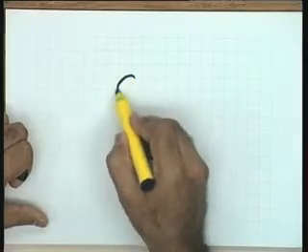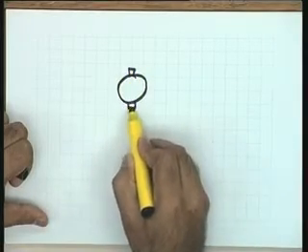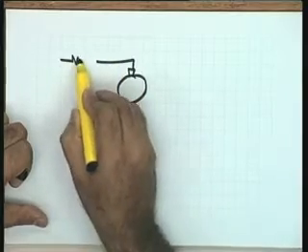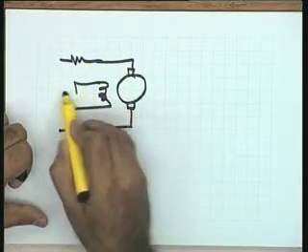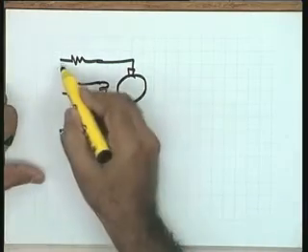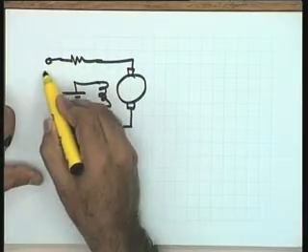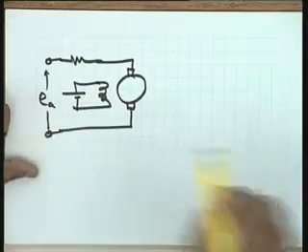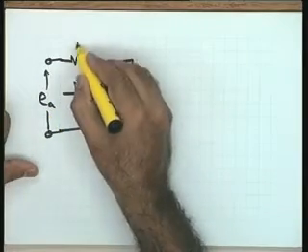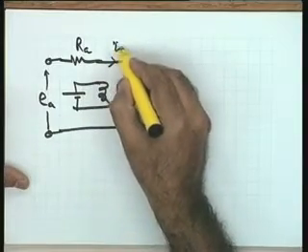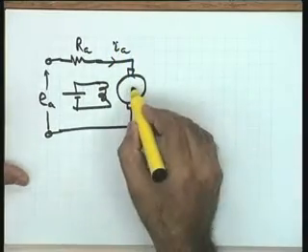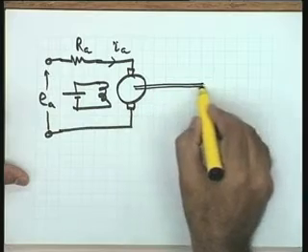Now, let me come to the motor, because the block diagram is not yet complete. If I come to the motor, this motor used in this particular control system has got this configuration. In this case, the armature voltage is EA, and RA is the armature resistance, IA is the current through the armature, and here is the motor shaft,